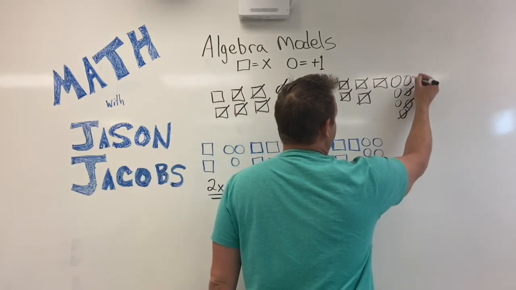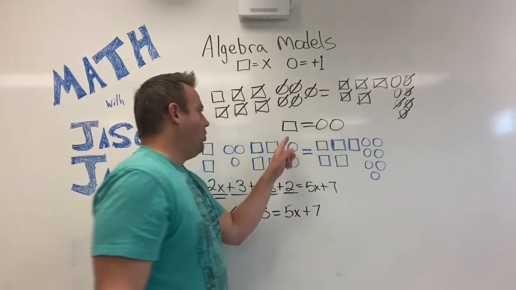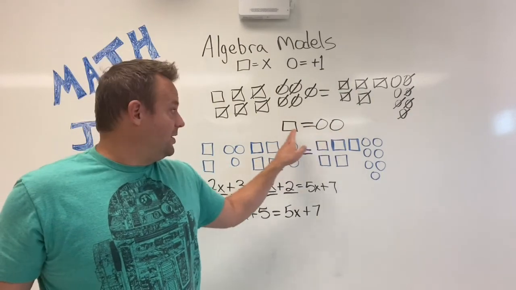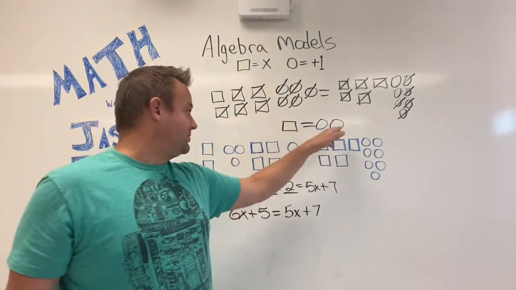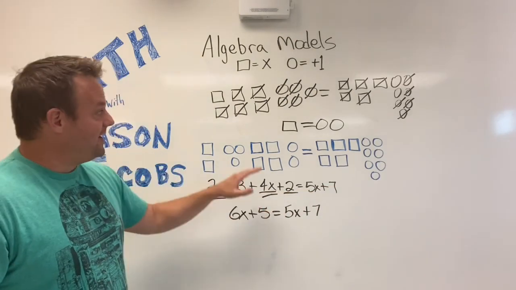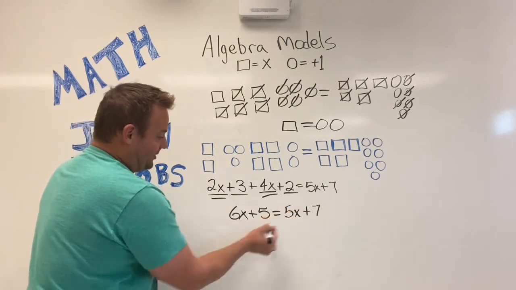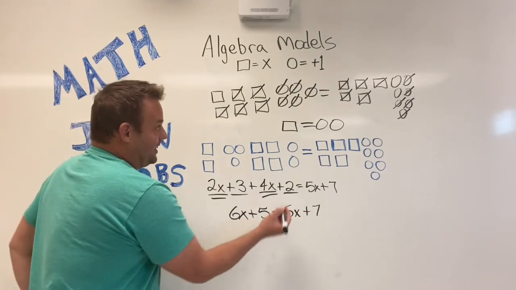1, 2, 3, 4, 5. I'm left with 2 circles. Therefore, 1x, 1 squared equals 2 circles, or 1x equals 2. Now, you saw this problem, how complicated this was. Hopefully that makes sense. So, we combine like terms, and now what I did was, remember the first thing I